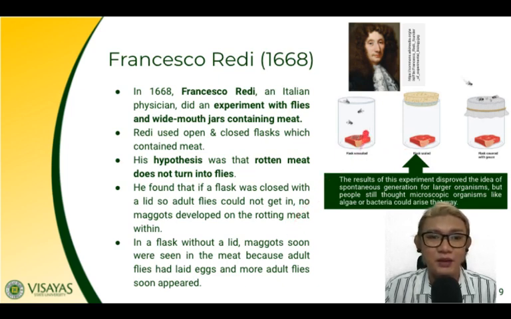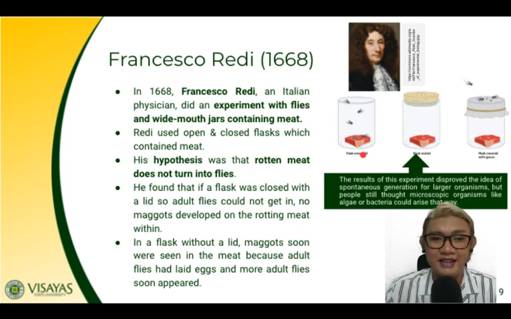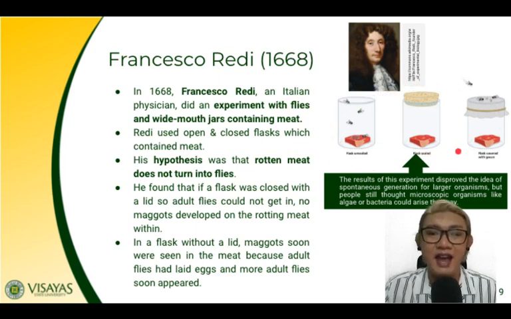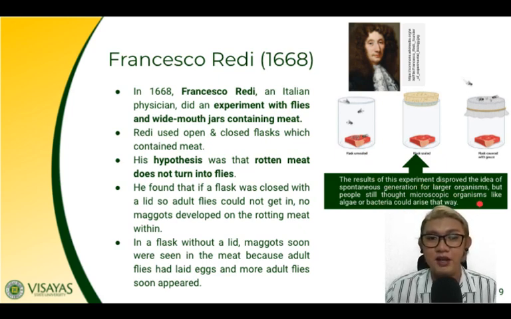Now, in a flask without a lid, maggots soon were seen in the meat because adult flies had laid eggs, and more adult flies soon appeared. So, because of this experiment, Redi was able to demonstrate that it is not the meat that gave rise to the flies, but the flies that lay their eggs on the meat, and the eggs hatched and became the flies. The results of this experiment disproved the idea of spontaneous generation for larger organisms,